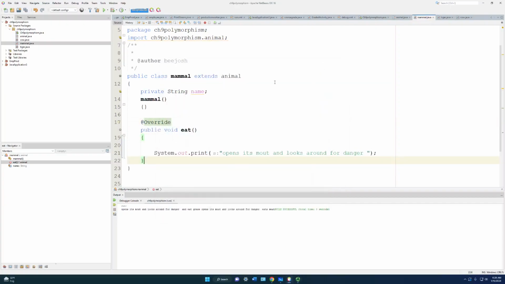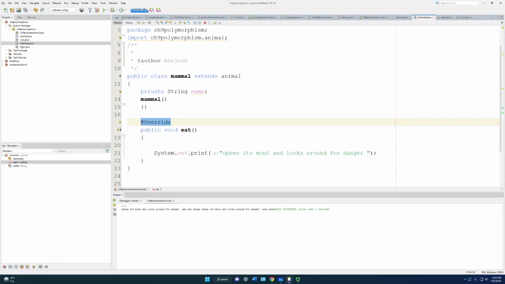Okay, I remembered we've got to put the override here, because we're overriding the contracted or abstract class's method. Incidentally, you've got to do that with anything that you override. I believe sometimes you can get away with not doing it with some of the built-in classes, like toString, I know. But anyways,